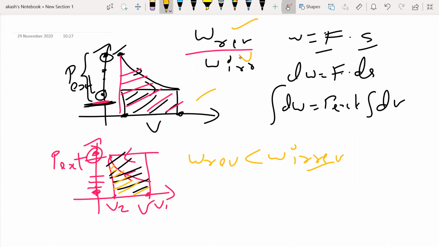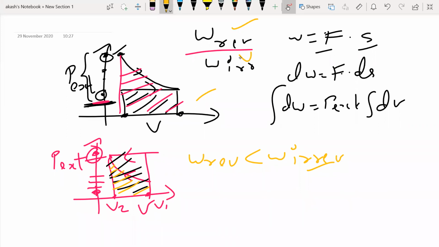But if I go for the reversible case, what happened there? There are so many steps there. After removal of the first 1 kg mass, there'll be some pressure. After the second 1 kg mass, the pressure would have reduced. After the third 1 kg mass, still more reduced. That's why we don't say constant external pressure there. But in irreversible, there is constant external pressure. Okay, understood? So even if there's a small change in the pressure in the system, we're not considering it. Exactly. Even if there's a small change in the pressure, we are not going to consider it. So there should be constant pressure, and if it happens, it is an irreversible process. Yes, sir. Got it. Right, cool. Everybody understood, right?